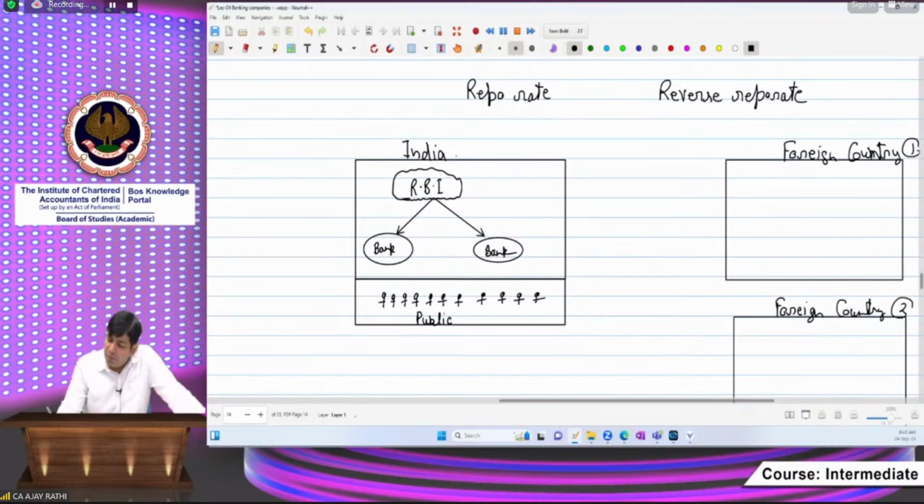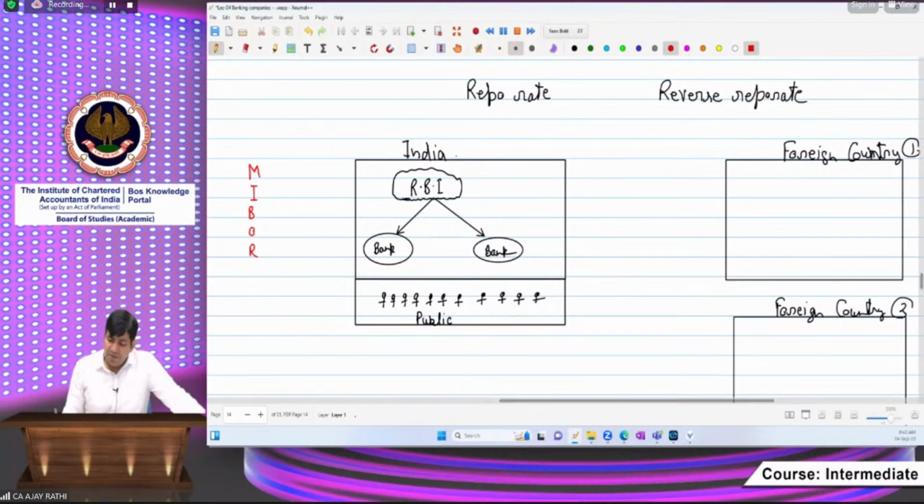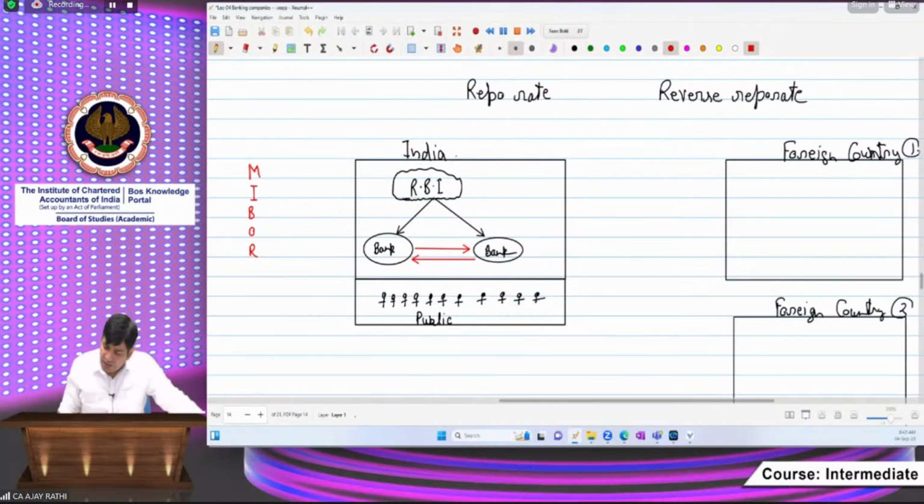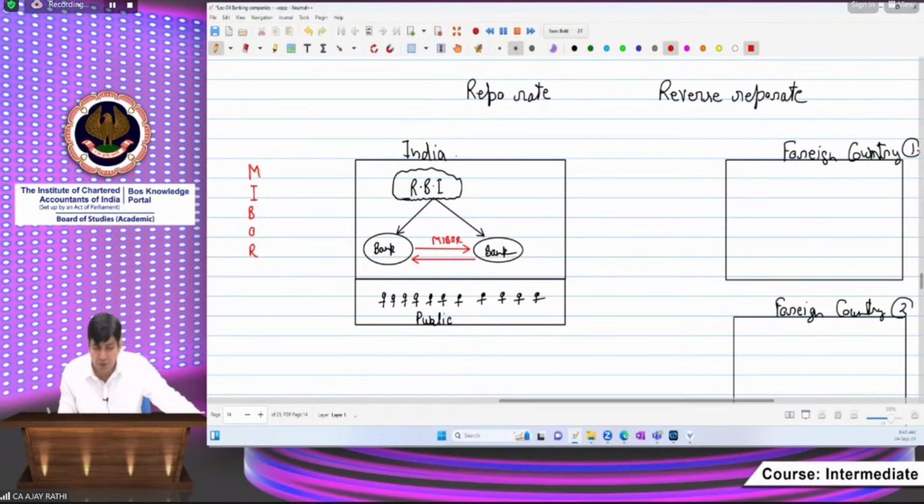MIBOR. The word MIBOR starts from Mumbai. MIBOR represents the rate in India at which banks give and take loans to and from each other. The rate at which a bank gives a loan to, or takes a loan from, another bank is called the MIBOR rate. That is the name, as in Mumbai